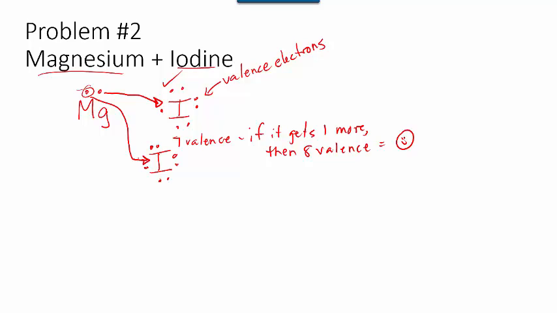So in your total answer, you should have the symbols with the dots. You should also have the arrows showing me where the electrons have been moved to. And then you also need to include what the symbols are and their oxidation numbers. Now again, oxidation number has to be a plus or a minus and a number. Because magnesium is losing electrons, it is a plus charge. How many electrons is magnesium losing? On the picture you can see that there are 2 arrows, 2 electrons being given away, so that's a +2